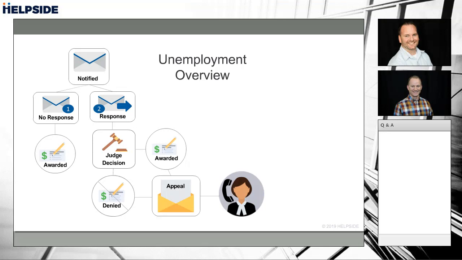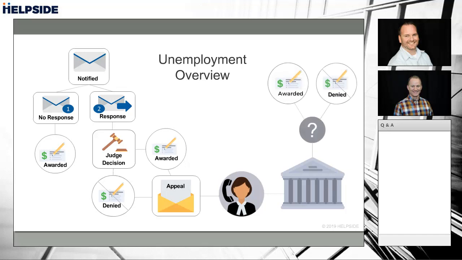You present your facts and your documentation. The former employee does the same thing. Then the judge makes a final decision. The final, right? A final. This one sticks. Yeah, final decision, and that decision is either to award or deny. They could overrule their first initial ruling. It's happened before. They do overrule it sometimes, and they do reverse it. It's a thing. It's okay. But whatever happens at that point